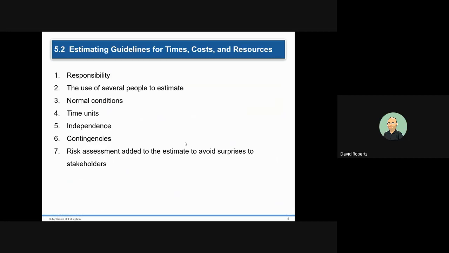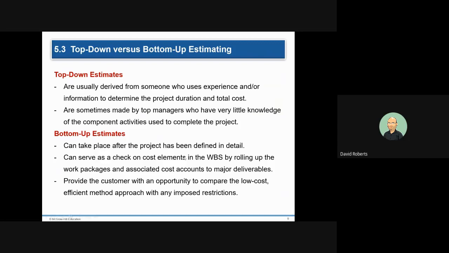Top-down estimates are from, say, senior management, and they'll come to you and say, here's $5,000. They don't know the details, but you've got $5,000 to do something. Bottom up comes from the frontline people, and they say, we need this, this, and the other thing. So they have much more detail, and then they'll cost it up and say, well, we need $7,000. And management says, you've got $5,000. So two different approaches.